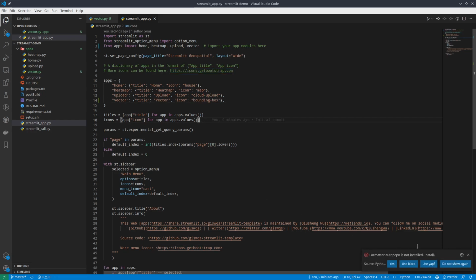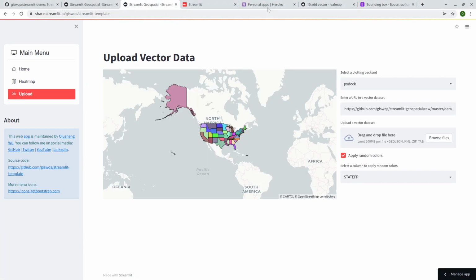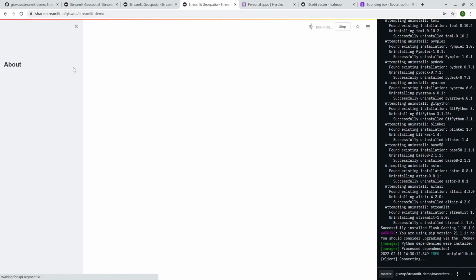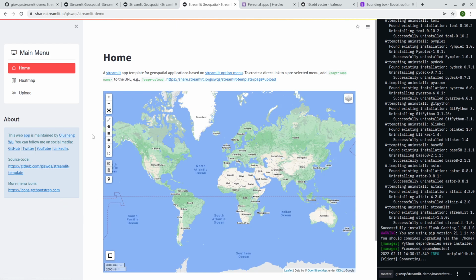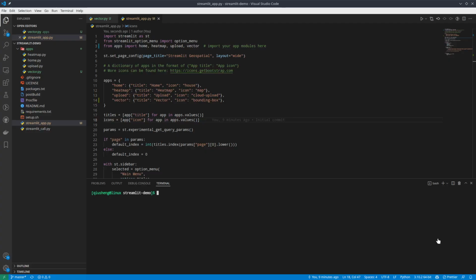After that you should be able to run the app. But earlier I showed you how to, let me see if this finished yet. So on the Streamlit, okay, it's done. This is the web app that we just created, but the changes we made on the local computer have not been pushed here yet. As you can see, it's already up and running. This is the name of your username, your GitHub, and this will be the repo, the name of the repo, right? Earlier we already added a new item to add some vector data, but we haven't pushed the changes yet. What you need to do is, on your local computer, if you need to test it,